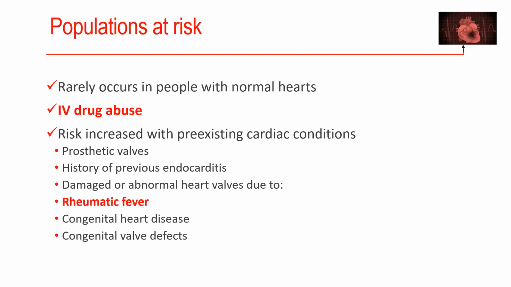Okay. All right. So it almost never occurs in people who have normal hearts. Very common to see with IV drug abuse. And the second most common issue is going to be patients that have had a history of rheumatic fever. So those are the two things that usually the AACN will ask you about. If you've had endocarditis before, it's likely you will have it again. That's really, really important. And any kind of valvular abnormality puts your valve at risk for deposit of endotoxin. So if you have a prosthetic valve, if you have congenital heart disease, you have congenital valve defects, those can